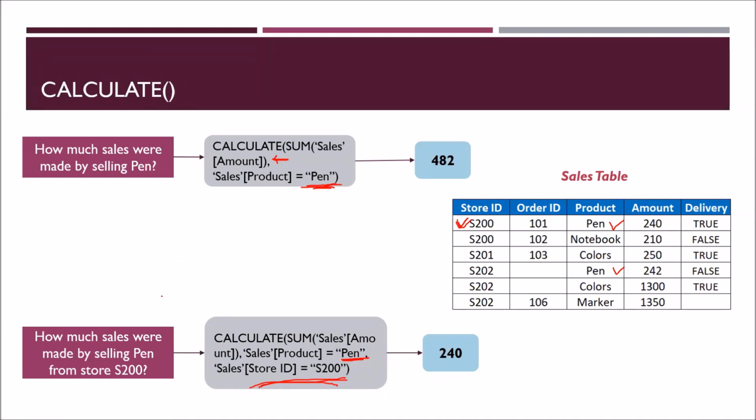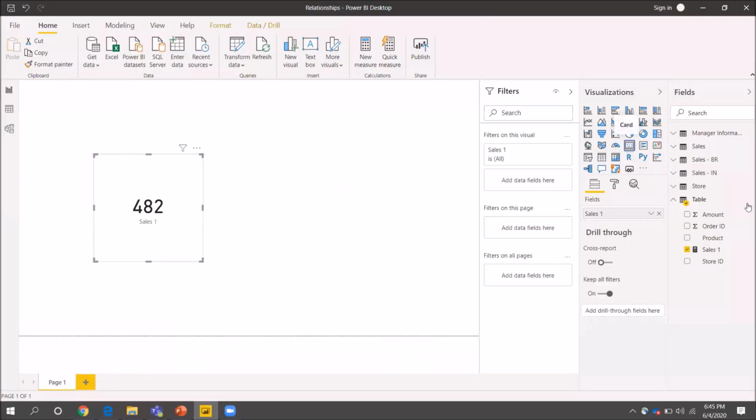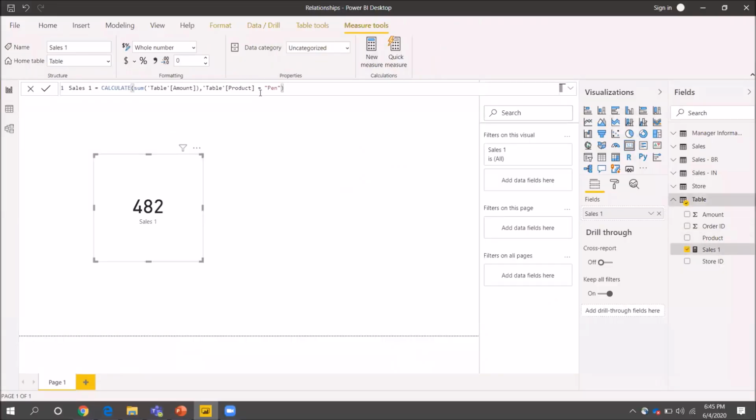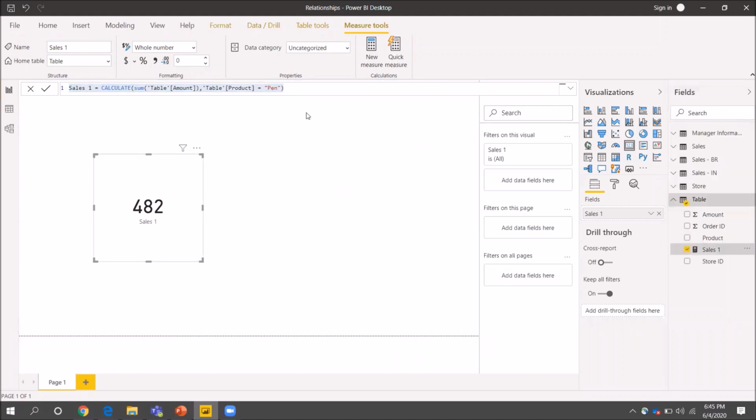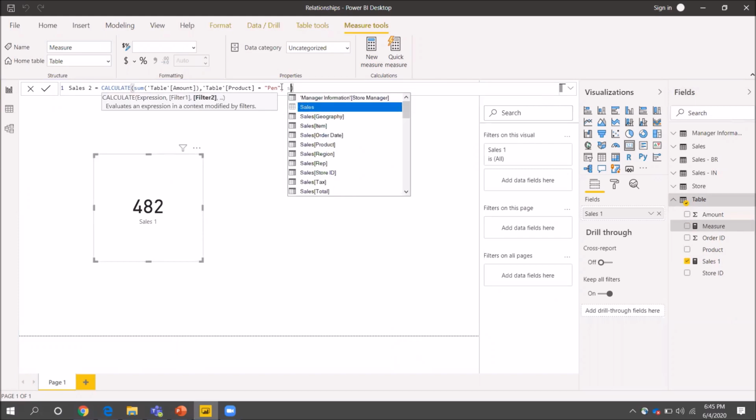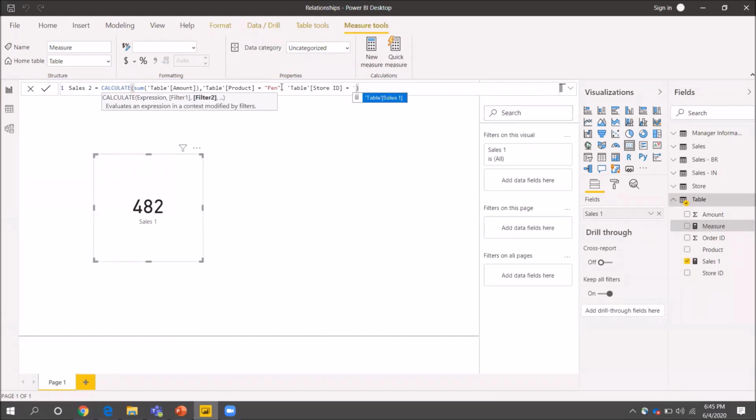Now let me show you the second question in Power BI. I'm copying the definition of this measure and I'll put in one extra condition. I'm calling it Sales 2, and my second condition is store ID is equal to S200.